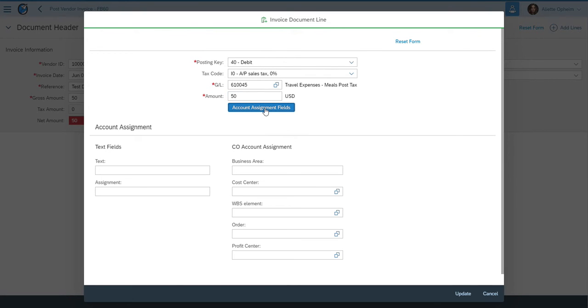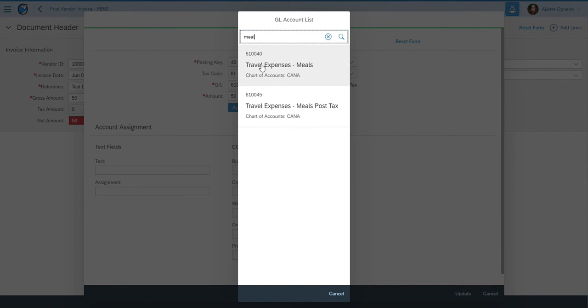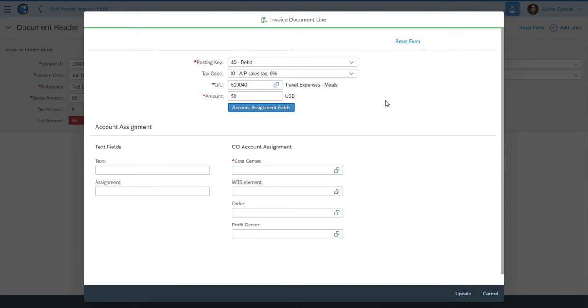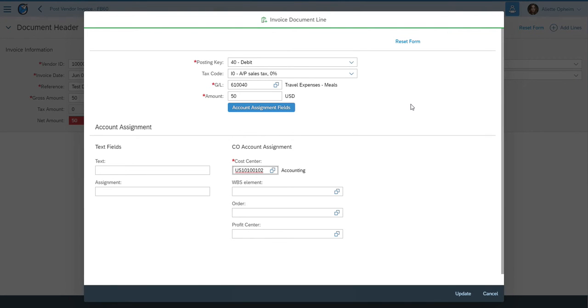The way this works is all the account assignment fields that have been set to optional or required, whatever the case may be, are displayed. Let me show you how, if you changed it to meals and then did this, I just changed the GL account to a different GL account, and that GL account requires a cost center as a mandatory field. So I need to specify the cost center here. Once I specify the cost center, I can specify the text,